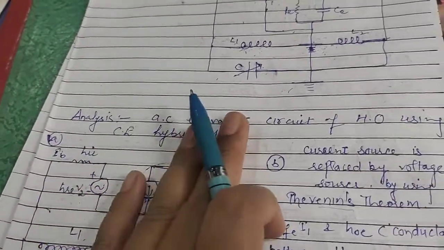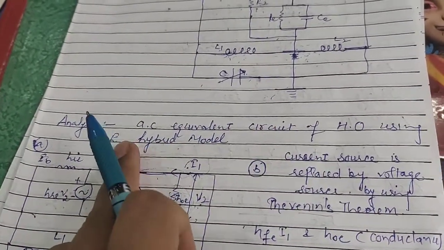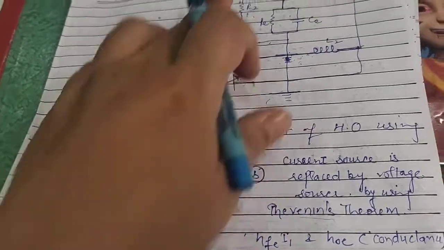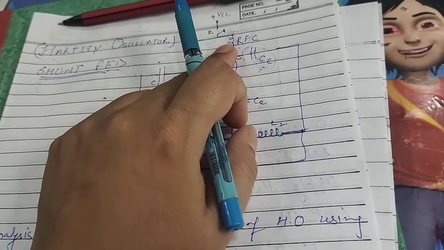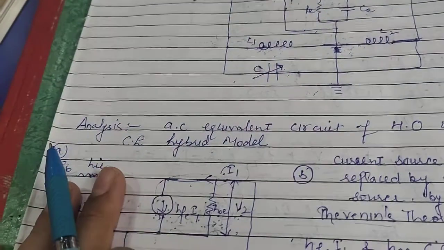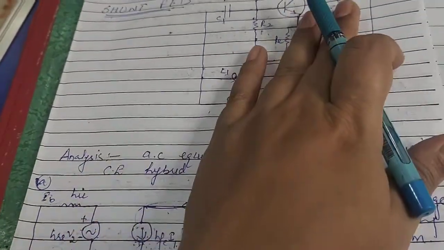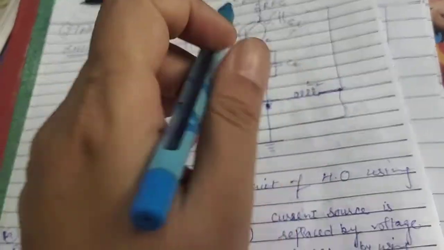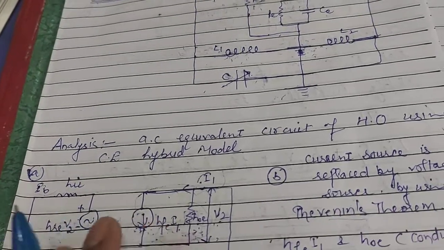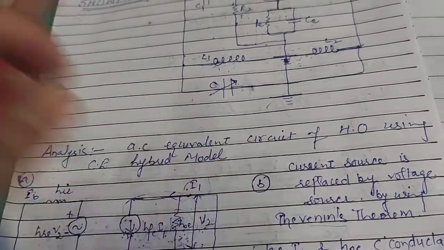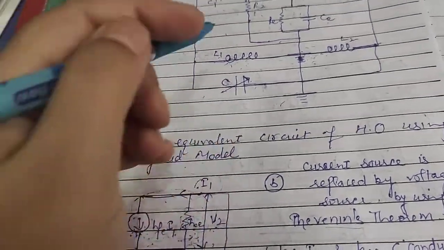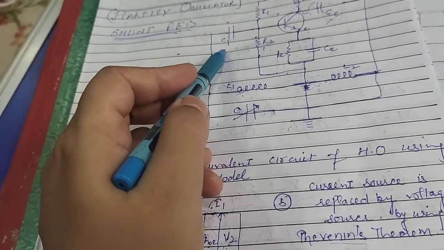For the analysis, we will study the equivalent circuit of the common emitter hybrid model. Here we have used an RFC, but the value of the radio frequency choke is large compared to the current, hence we have omitted this term from the equivalent circuit. And as we know, the capacitor CC blocks DC and provides an AC path from the collector to the tank circuit, so it will also act as an open circuit at zero frequency, and the capacitor C1 has low reactance at the frequency of oscillations, and that's why we have also omitted it from the circuit.